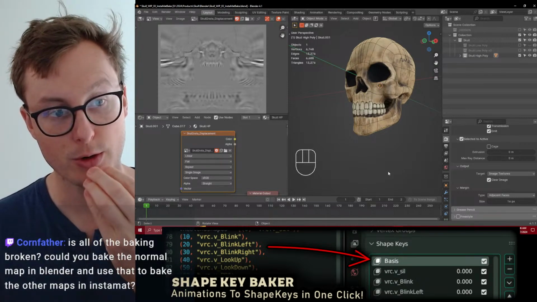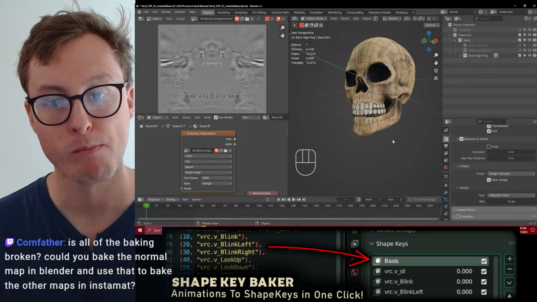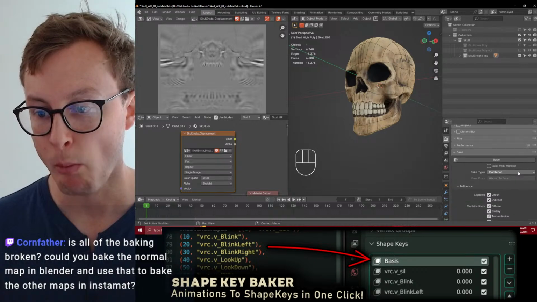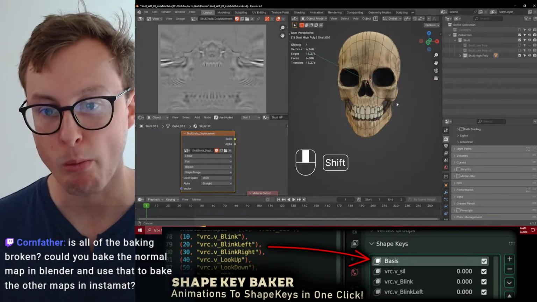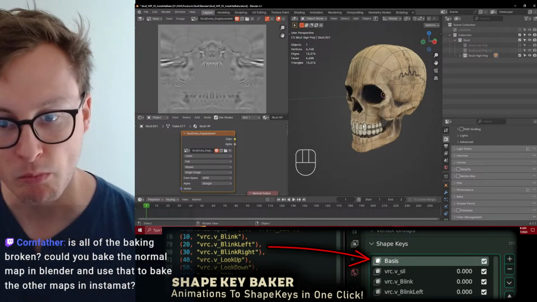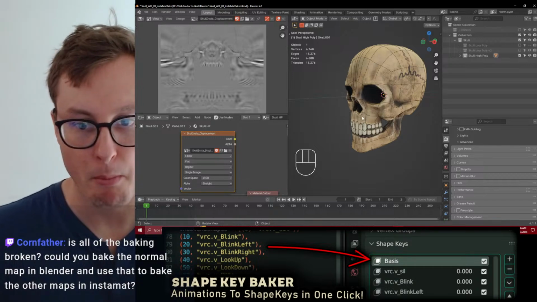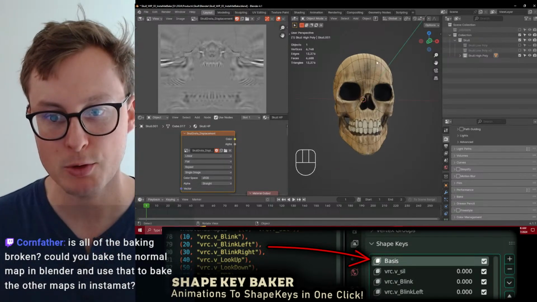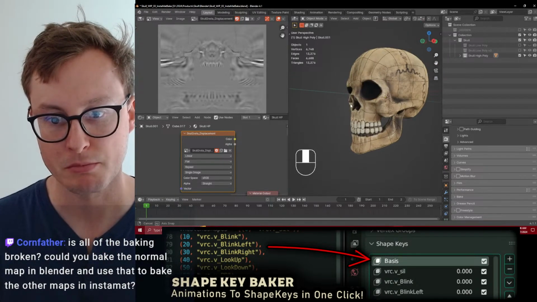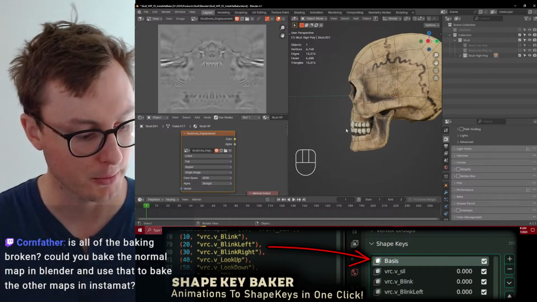But I'm going to have to pull this apart to bake it properly.